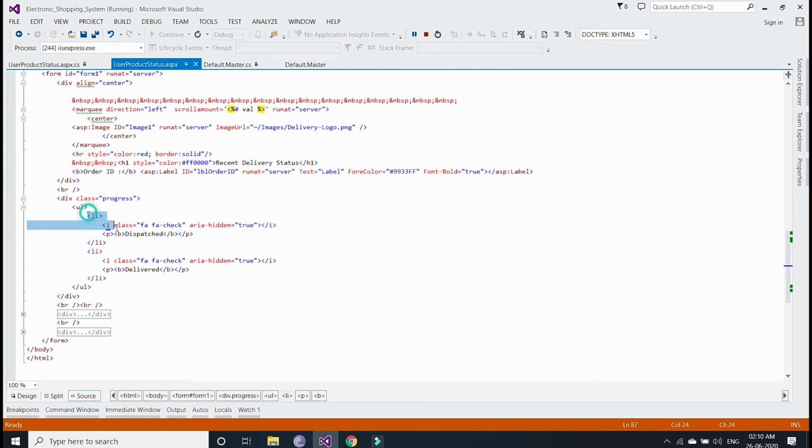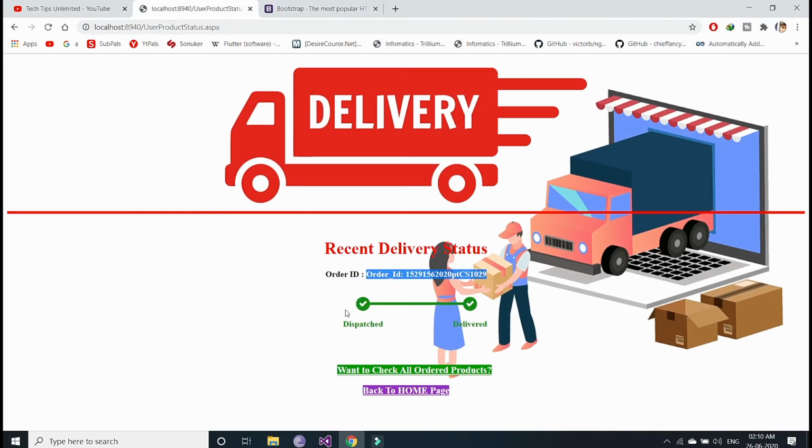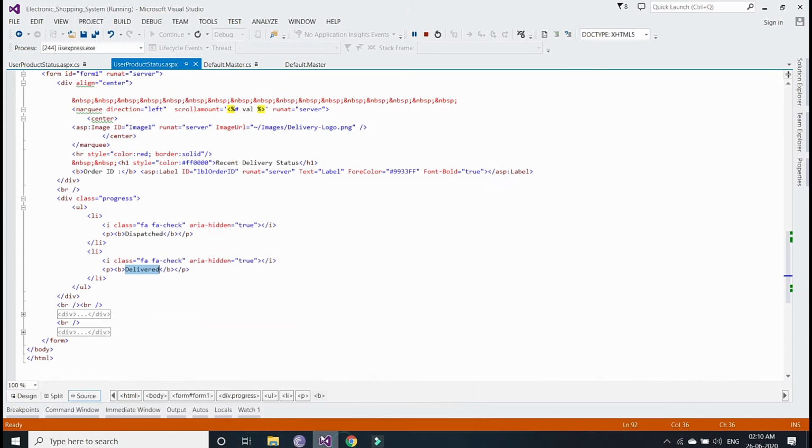This is the first list item, and inside the second list item I have taken deliver. This is for dispatch and this is for deliver. And notice here the two progress bars, starting from dispatch and ending at deliver. So I've taken two list items inside the unordered list.